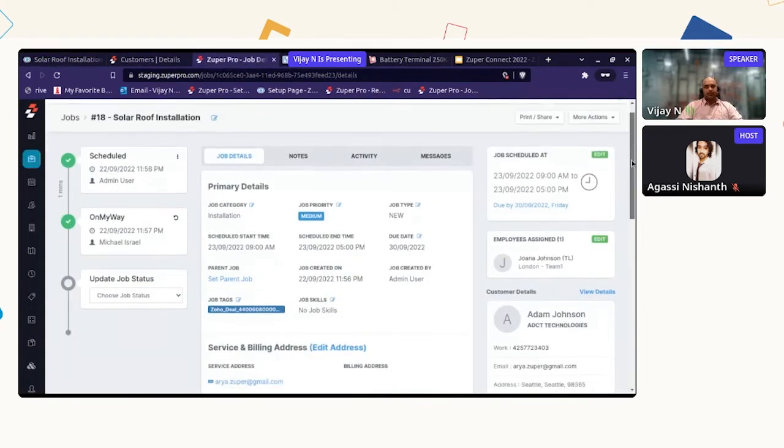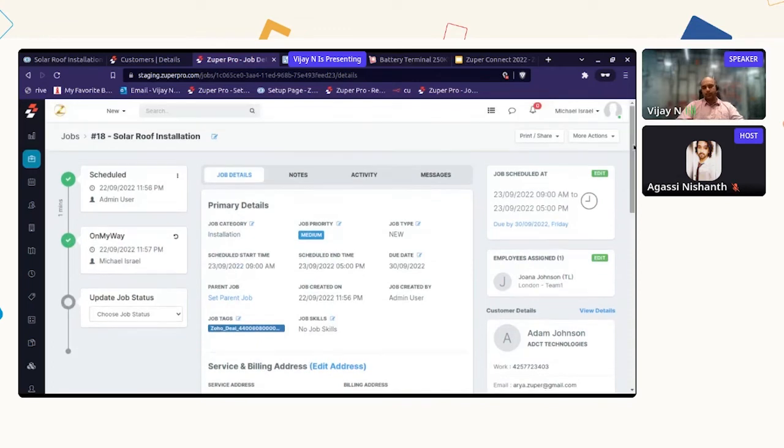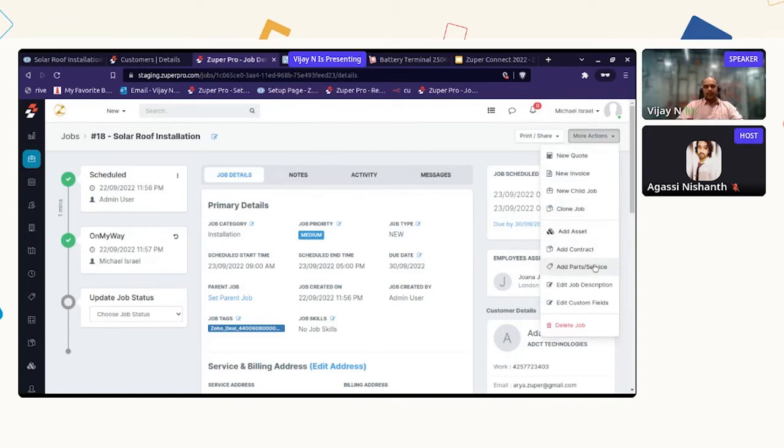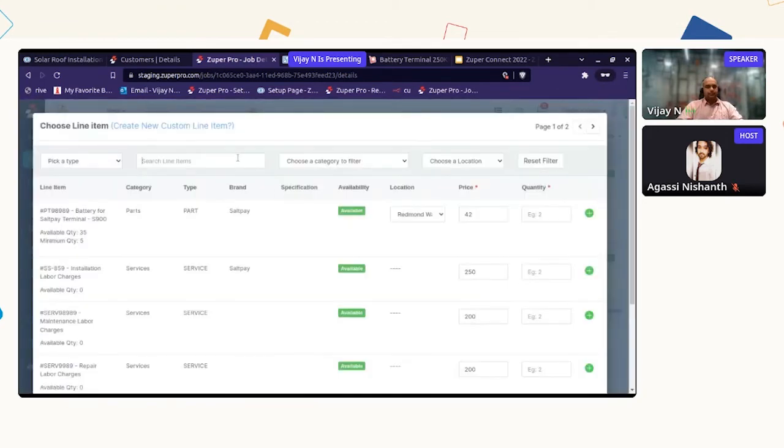Now, for the case that I mentioned where there is going to be on-demand service or on-demand consumables that are used in the job, let me add a part here. So I will add the part as